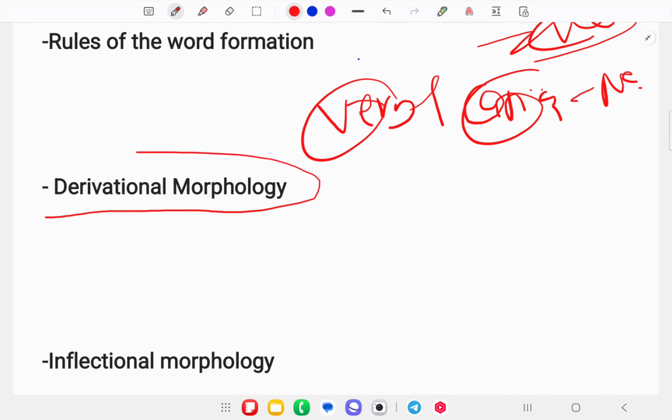With the name derivational morphology, we can find here something which is a derived form of a word. A derivational morpheme only happens in the open class of words. Don't forget to remember this point, that derivational morphology only occurs in the open class of words. When an affix is added to a base, a new word with a new meaning is derived. Like if we take any example,